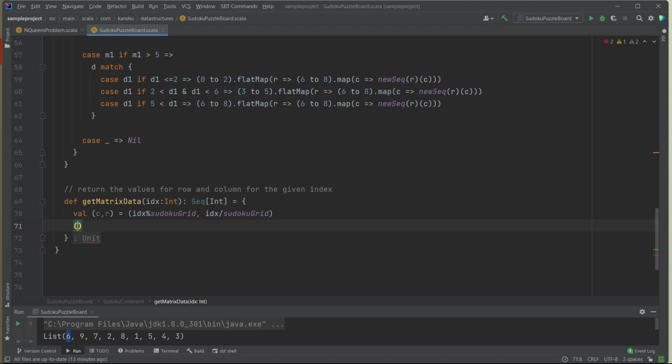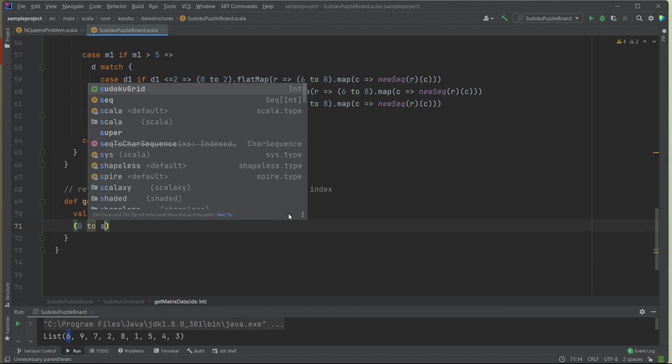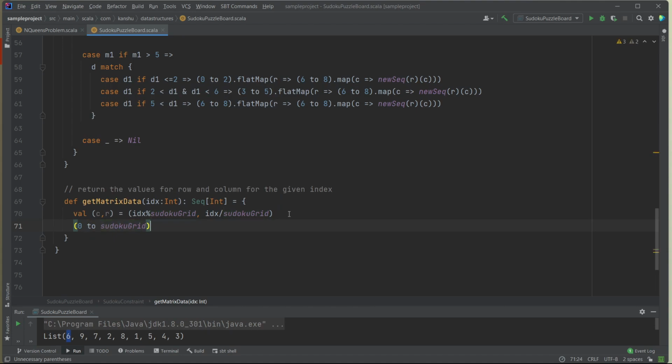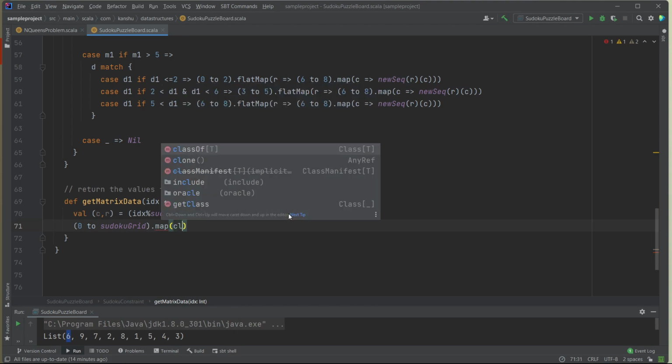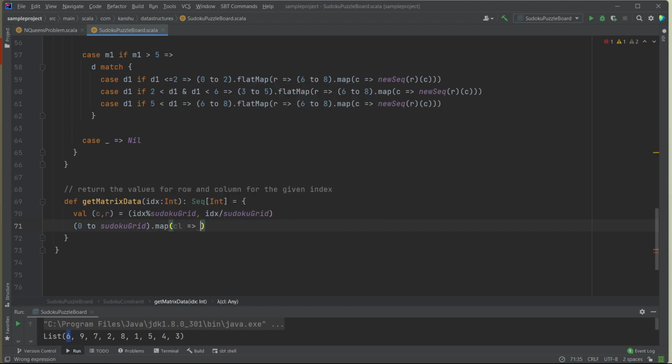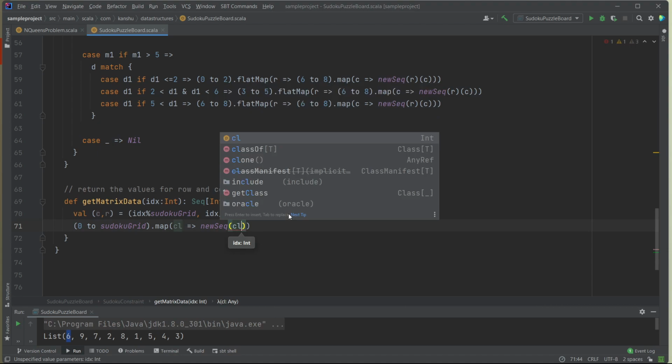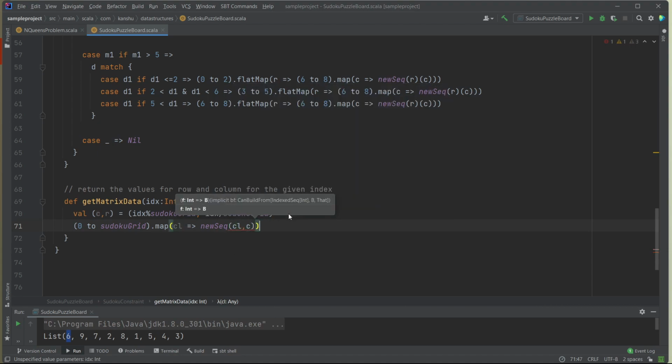Alright, so let's do 0 until Sudoku grid dot map. So it is going to be cl, and this is going to be a new sequence, and this is going to be cl comma c, and we are going to add. So here we are collecting all the column level records, and we are going